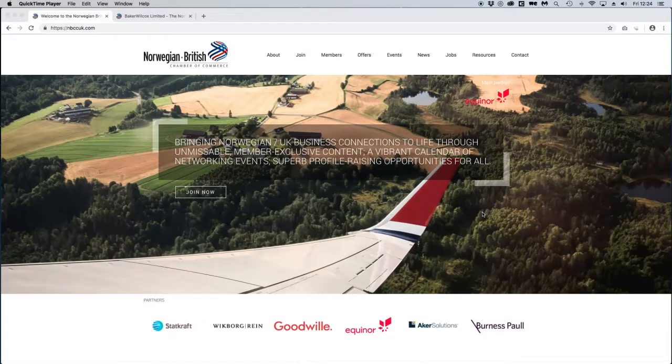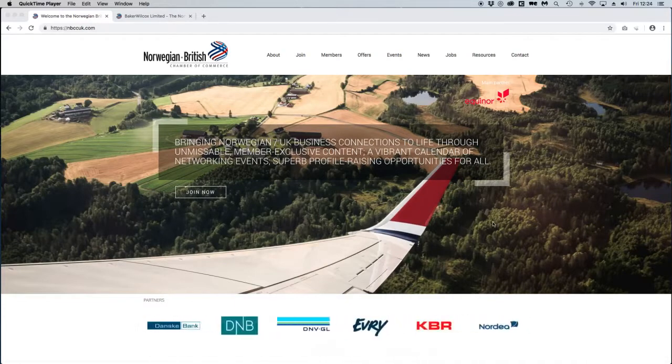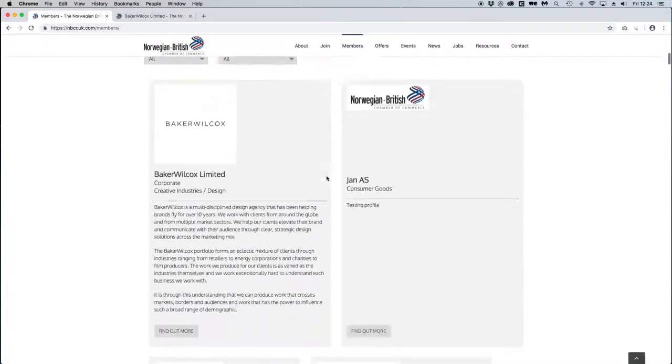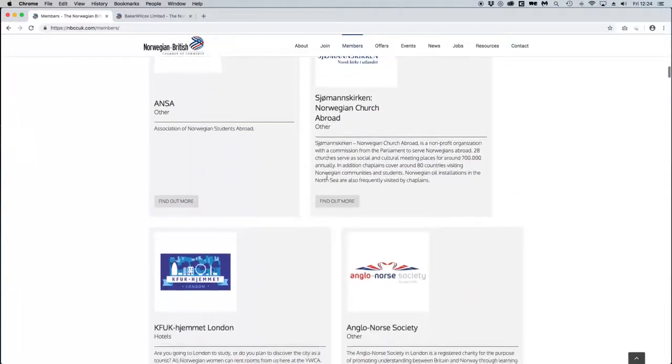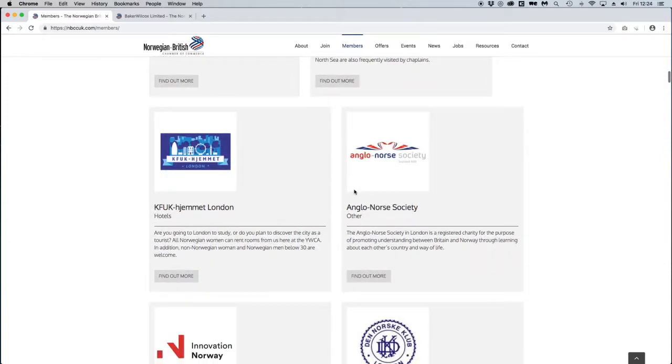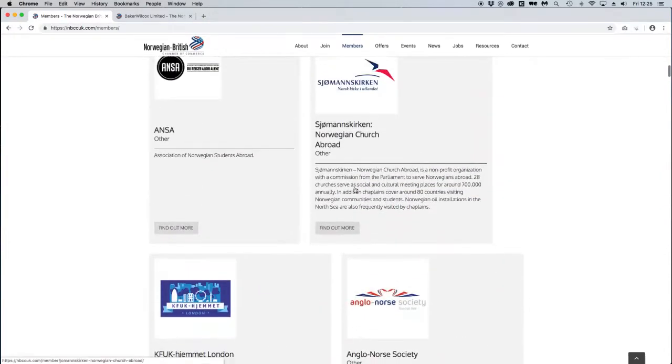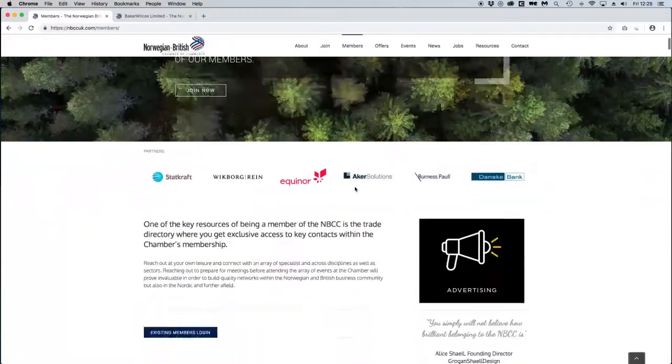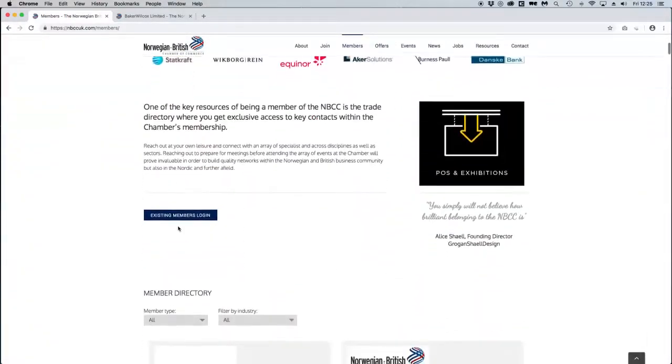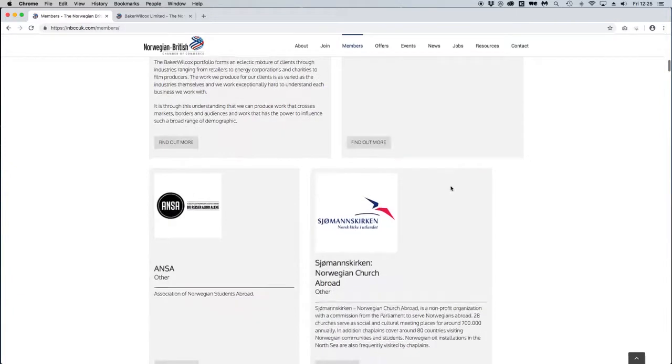Okay, so this is a quick introduction to the members area of the NBCC website. It's the area within this members section here where each member gets their own web page which they can edit within the members directory. So essentially, if you come here and you log in as a member, then you get to see the full